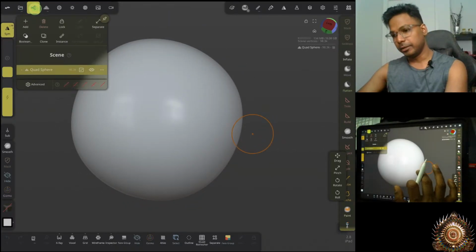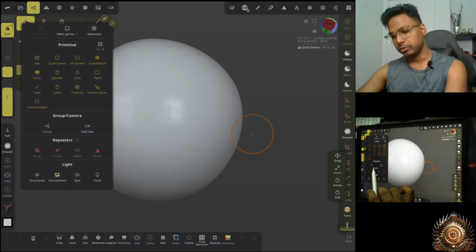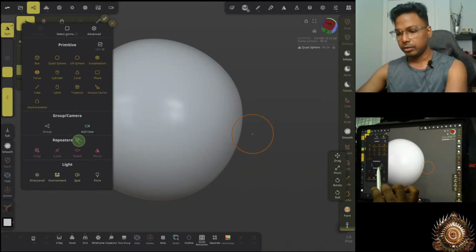It's on the repeaters. These repeaters which we have in Nomadsculpt are array, curve, radial, and mirror. Sometimes these are not enough. There are certain situations when we have to go to Blender, or